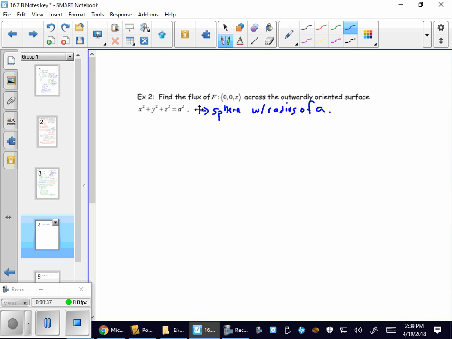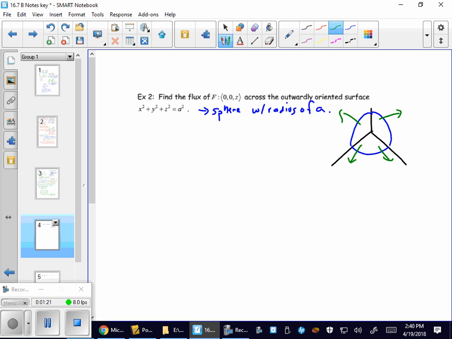So if I just looked at, and this is not what they're asking, but if I just looked at the positive first octant of this surface, we've seen this before, it looks something like that. Again, we want everything to be positive and outwardly oriented, so we want all of these things to be coming from the sphere out, coming out this direction. All positive. And because we are talking about a sphere, in this case,